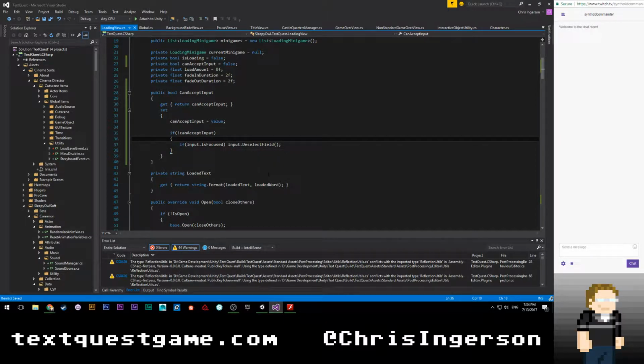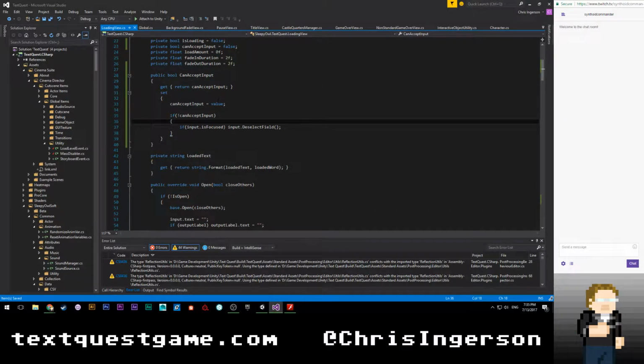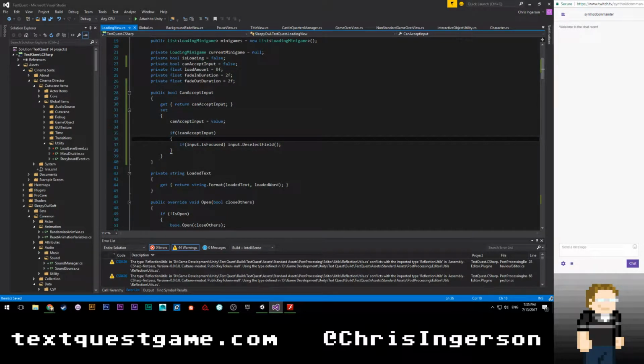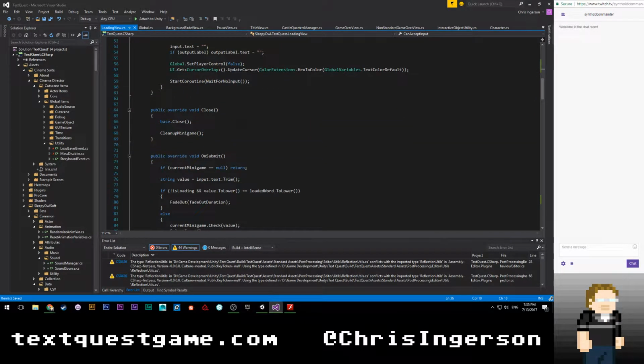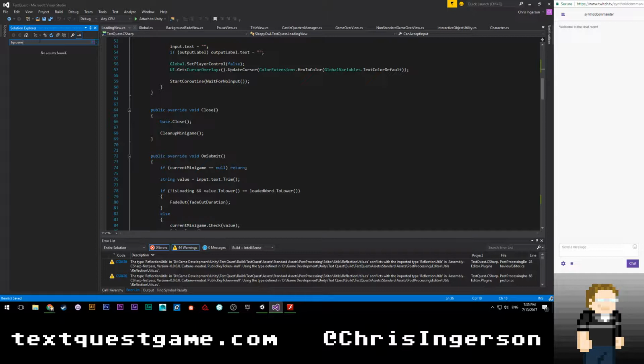Okay. Now, what we're going to do is something a little bit more complicated, which is we're going to set this when the time is right. I believe I'm going to need to go to TQScene. Really? Do I have, is it TQLevelLoader then?